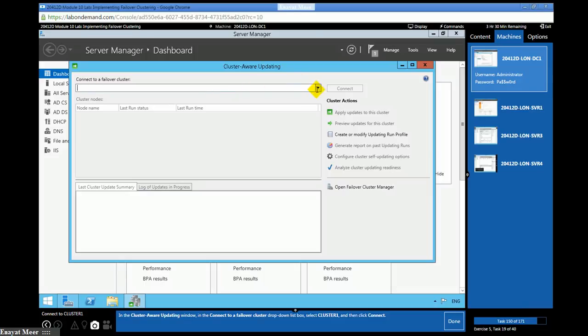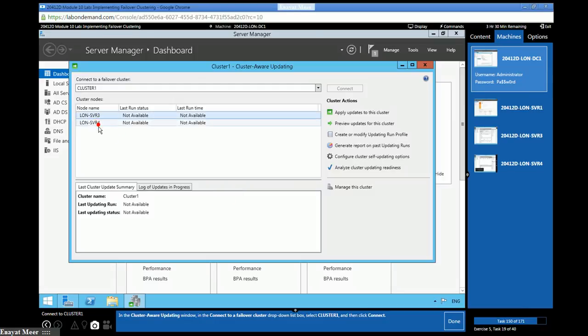So you know the cluster name was Cluster1. Initially we created that one. That should be available. It is there under the scroll down window, and you can connect with it. If this section hesitates a little bit, you just have to be patient.